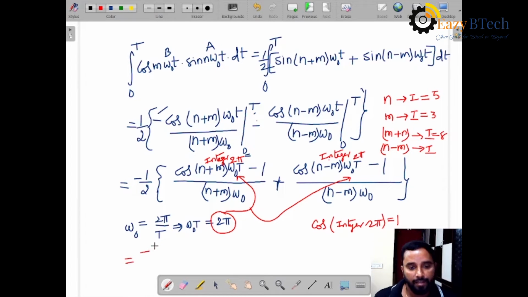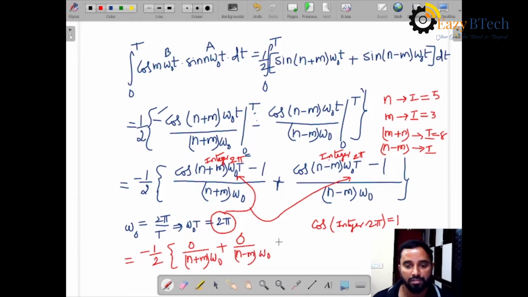Then minus 1 by 2. So here 1 minus 1, 0, so 0 by (n plus m) omega naught, plus here also 1 minus 1, 0, 0 by (n minus m) omega naught. So 0 by something is 0, 0 by something is 0, finally 0. So we got 0,